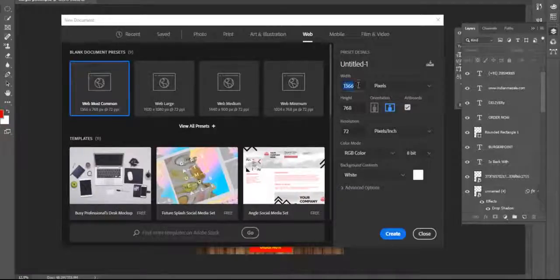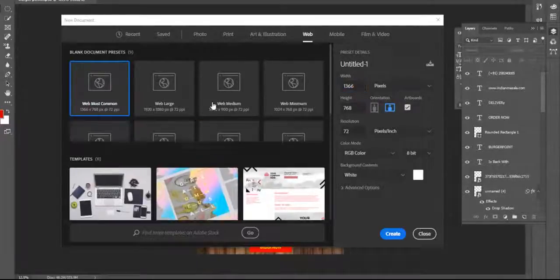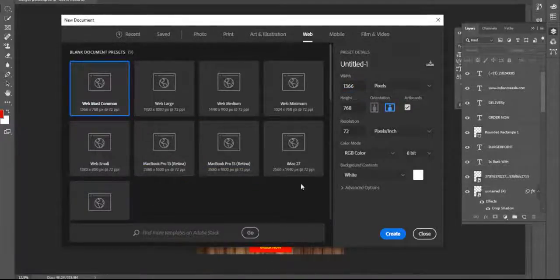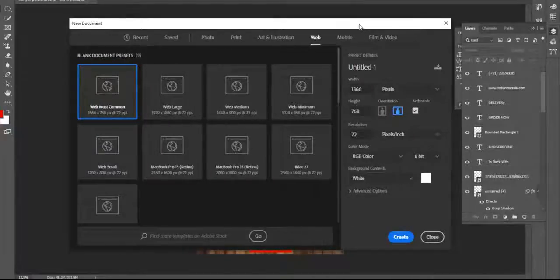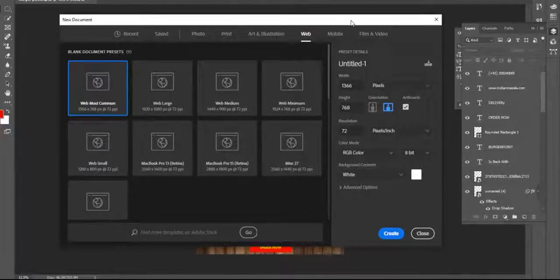So the size will be, and here in Photoshop you can't find the social network site sizes. If you want to make an Instagram post size, you have to make a custom size like 1080 in pixels by 1080, right?